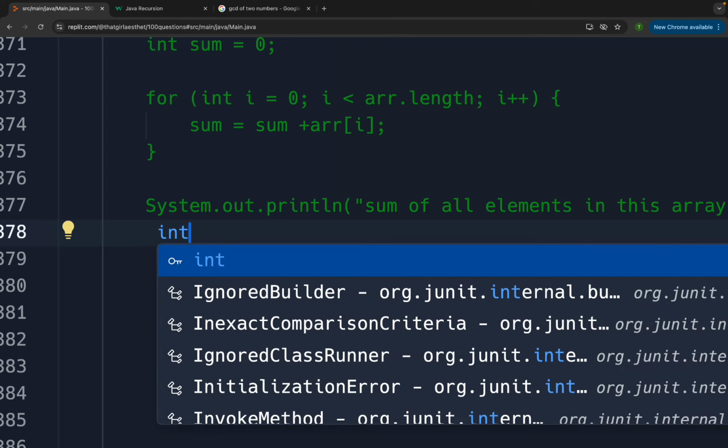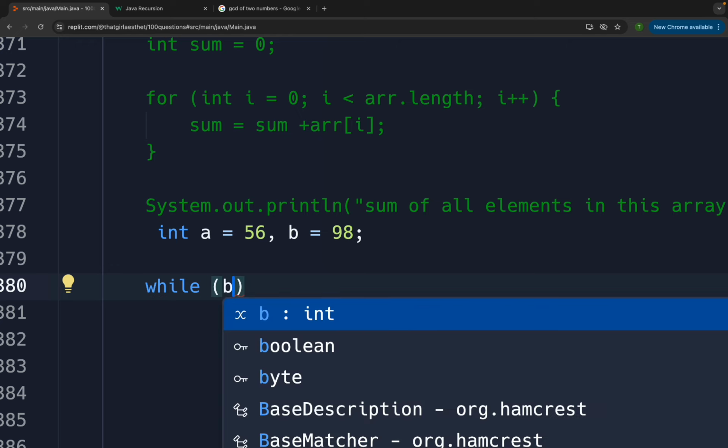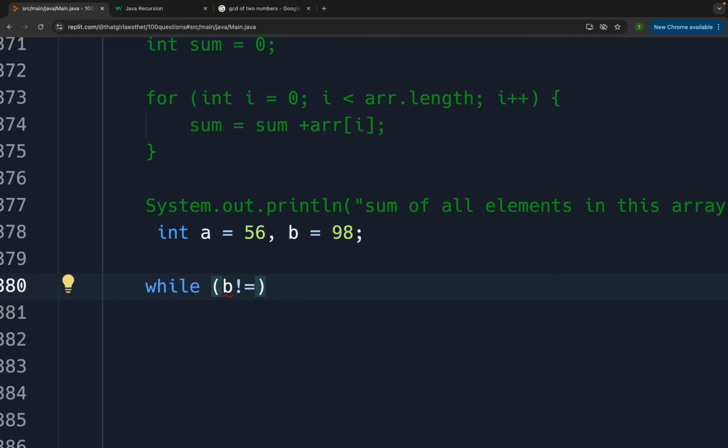Let's declare int a is equal to 56 and let's say b is equal to 98. So what we are going to do is, as long as b is not equal to 0, while b is not equal to 0, we are going to start a while loop